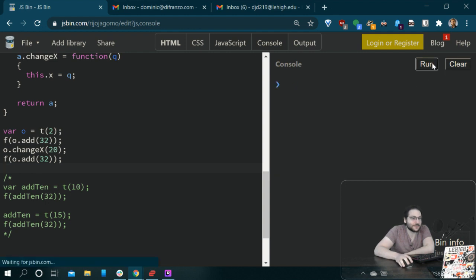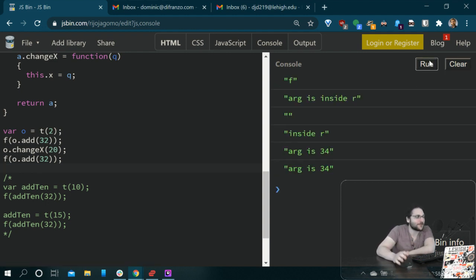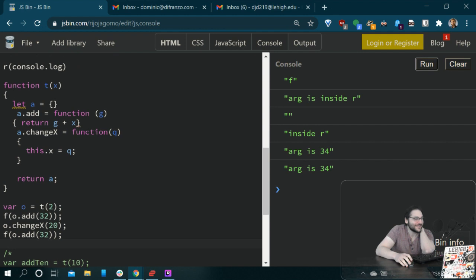Let me see. Oh, wait, no, it actually didn't do what I wanted it to. No, it's exactly the same. It's the exact same thing. Why does this not work? I bet I have to do something stupid like,